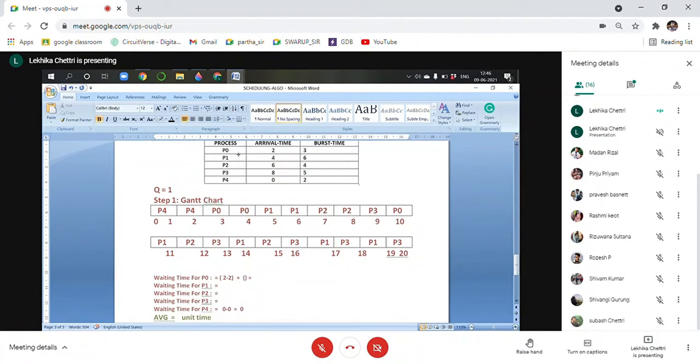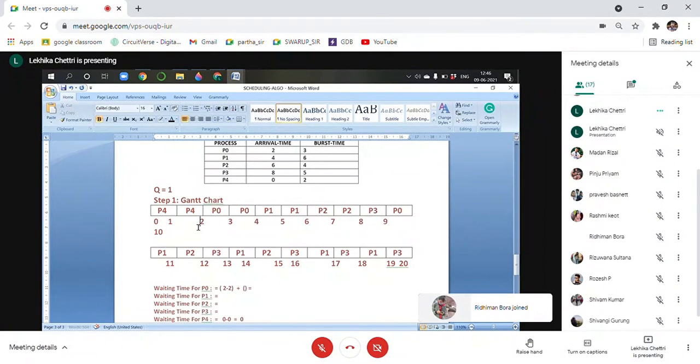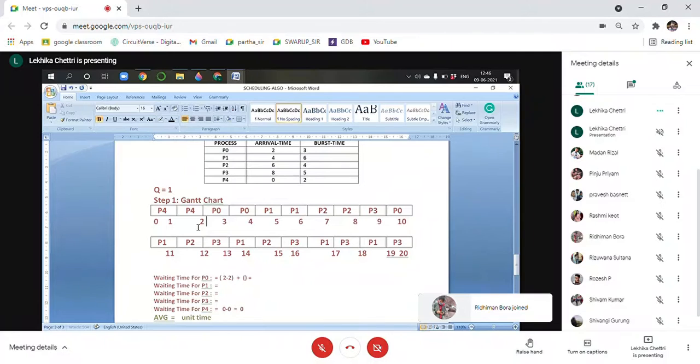So P0 came to the main memory or ready queue at time unit 2. So we wrote down here 2. When did it get the CPU? P0 got the CPU at time unit 2. You can see from here. So we deducted 2 minus 2. But P0 did not complete its task then. P0 re-entered the CPU, because after getting 2 unit time, the burst time was still there, 1 unit time.